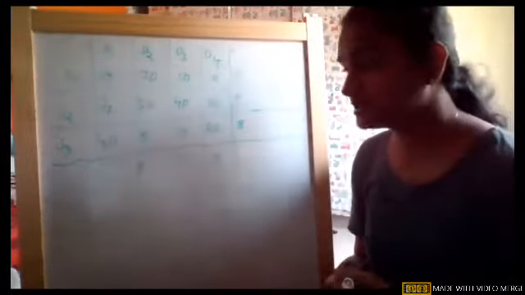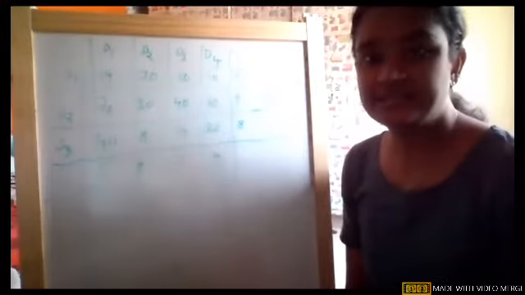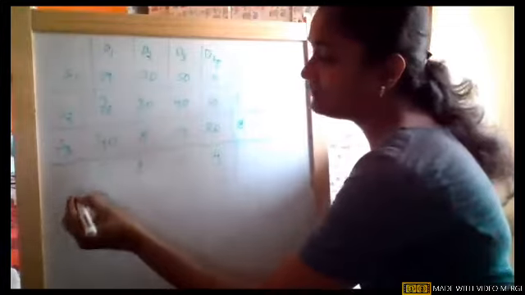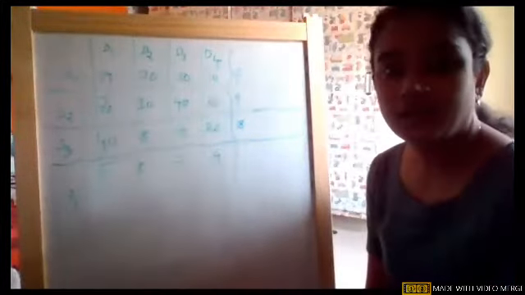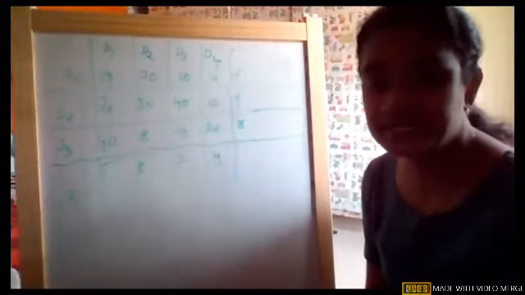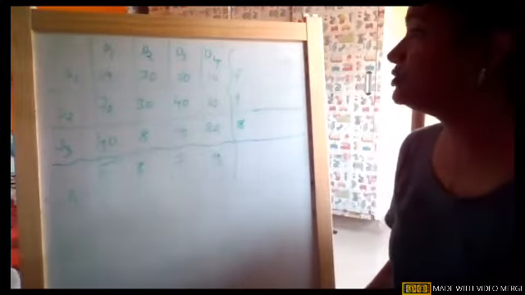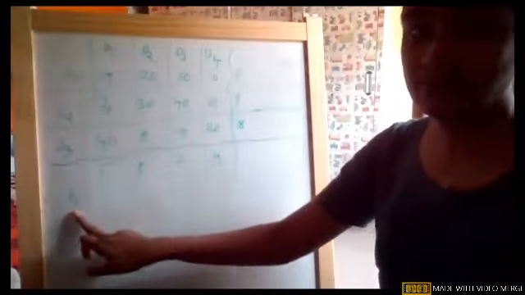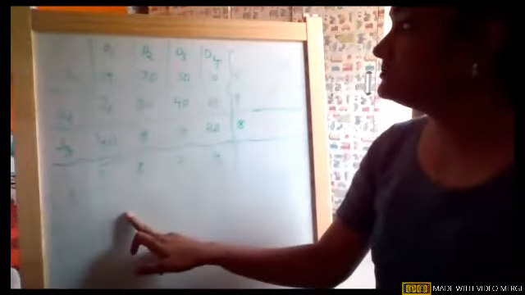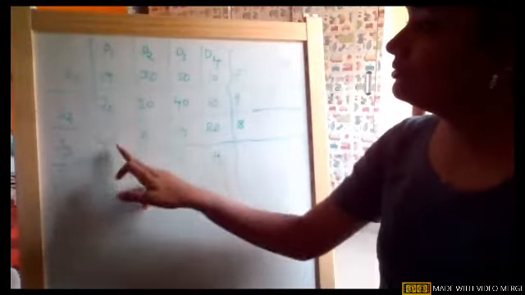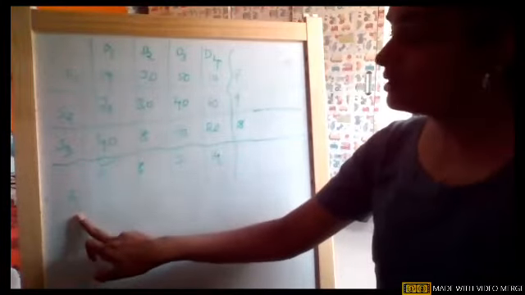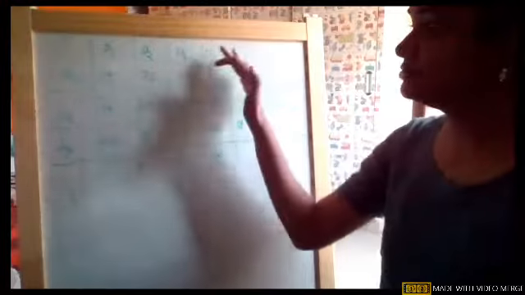Now under VAM method, we try to give penalties. Girls, pay attention. We try to give penalties. I name them as P1, P2, P3 and so on. So now how to give penalties? When I wrote P1 under the columns, I'll go to the first column. D1, D2, D3, D4 are the columns for us as per our matrix.